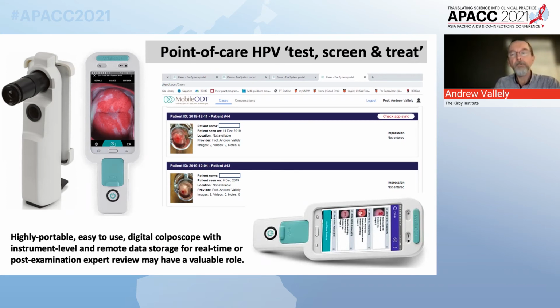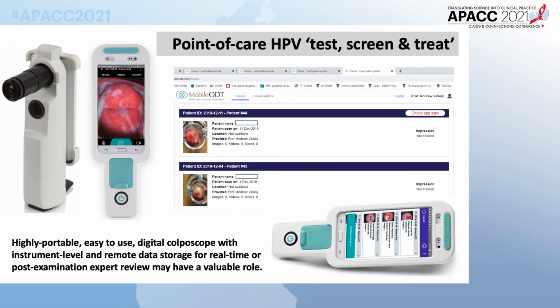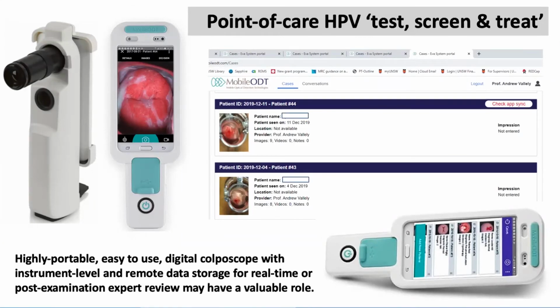And those women have, of course, a higher risk of invasive disease than women who are not living with HIV, probably 4 to 5 times higher, perhaps greater. And we've been looking at how we can augment the current strategy that we're using, the HPV point of care test and treat, and to see whether it's of value to add an additional step. One concern has been that we may find that some women with early invasive disease are not adequately managed by thermal ablation. And so perhaps the hypothesis is we need to have an additional screening, additional visualization step using